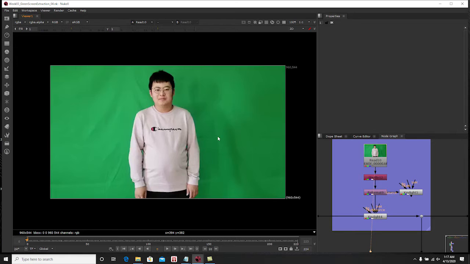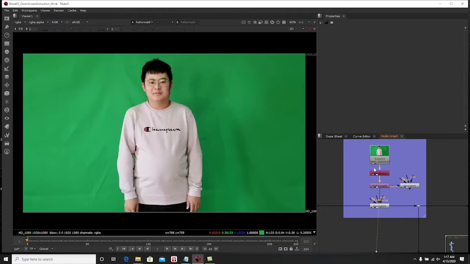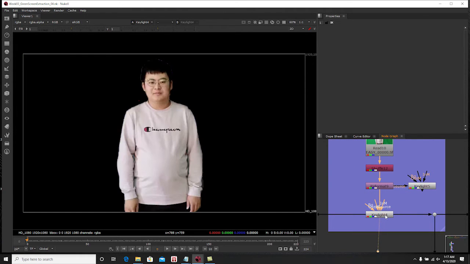So I made Bob stand behind a green screen. The quality is not so good because of the lighting that we have. It was just room lighting, so we just had to use whatever we have on that situation. So as you can see, I use the Keylight right there,